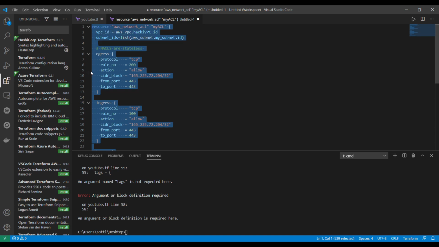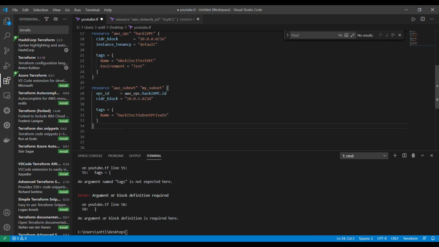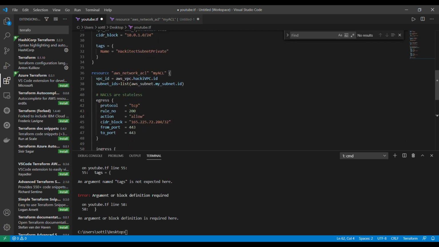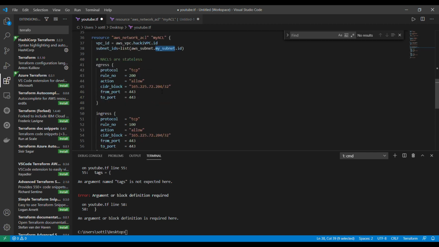I didn't copy it all. Copy, and I forget the resource here. My bad. This first thing is a resource where I will name the ACL, and I will say again this is assigned to the VPC ID and also the subnet list. This is the list of the strings which are the subnet IDs where there will be the NACL assigned.